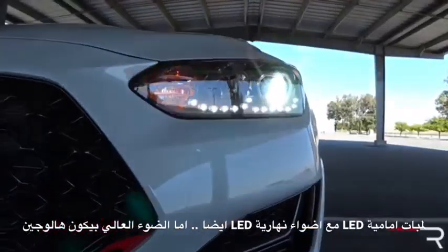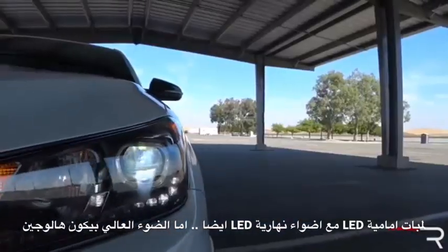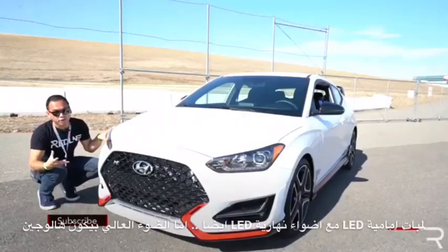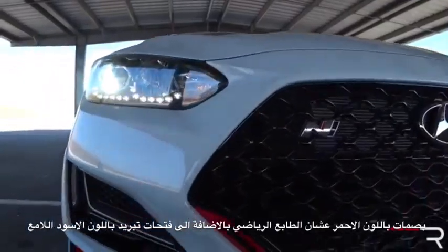LED low beam headlights that you're seeing on this vehicle are actually standard. You have an LED low beam with an LED running light. Unfortunately, the high beams are halogen and the turn signals are an incandescent bulb, so it's not necessarily a full LED. Now, also being the N version, you have lots of red accents here on the lower front